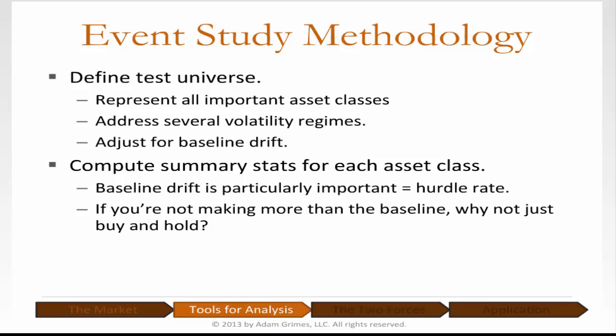How far should we separate these? Do you want to separate stocks by market cap or by sector? You want to separate your commodities into metals, energy, food. What about the financials, which are going to have some overlap with stocks? A lot of things you need to think about, but you do need to make sure that your test universe